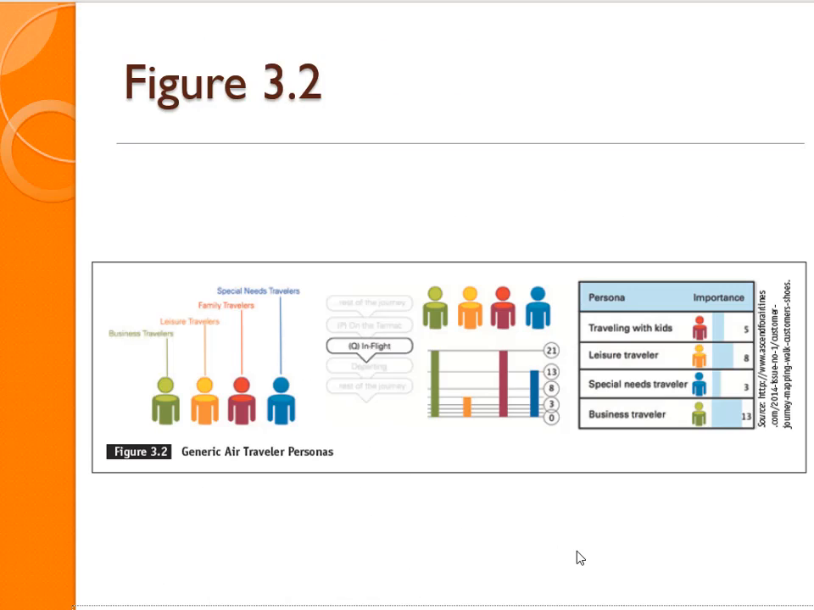Here we have an example of some generic air travel personas. What does the business traveler look like? What does a leisure traveler look like? What does a family traveler look like? What does a special needs traveler look like? Then based on those 4 different segments, they looked at what are the in-flight issues that each of those segments might have. They identified 26 of those issues, and then they ranked them by who had the highest in those areas. So we had business, and then we had the family traveler. The lowest there was the leisure